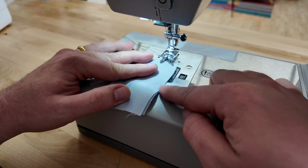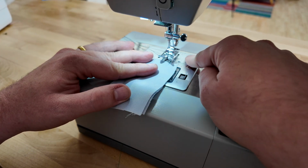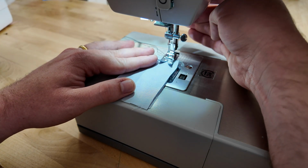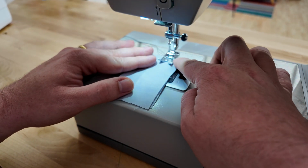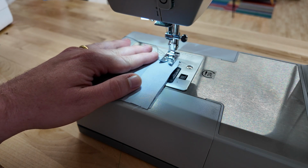What we're going to do is take the edge of this fabric and line it up with one of the notches on the seam guide. It doesn't matter which one, but just choose like 5/8 because that's a big seam allowance. And it's also the most common in sewing garments. And we're going to put the edge of the fabric right by the needle. Then you're going to slowly press on your presser foot